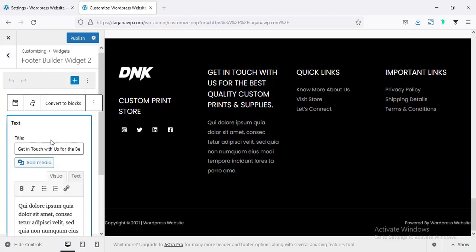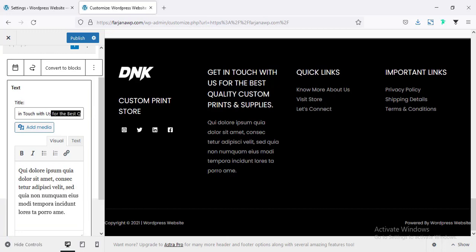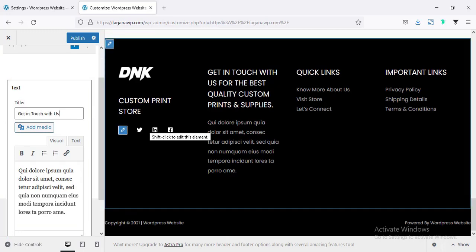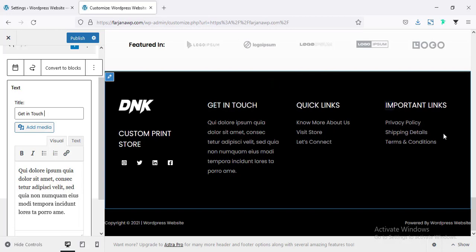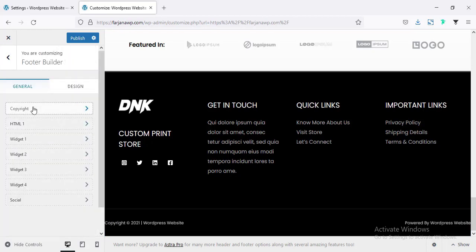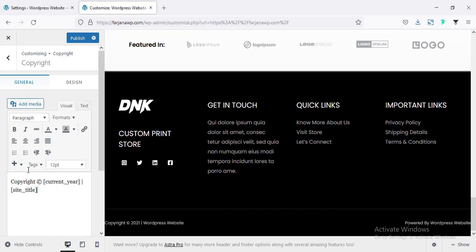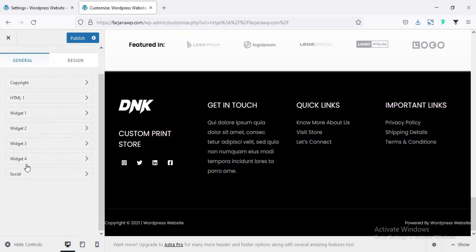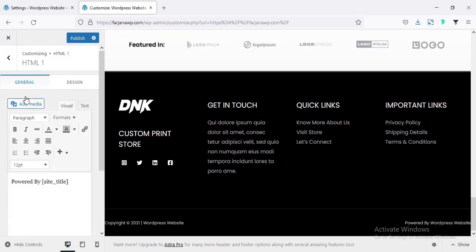So I'm changing this text. I'm removing the extra text from the top. Alright, so I'm keeping it like this. And now for the very bottom area, if I want to change the copyright text, I'm going back. Here is the copyright text. So from here we can change our text, and also here is HTML1. So this is the text on the right side. For now I'm just saving this page,